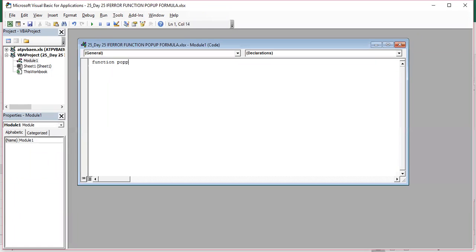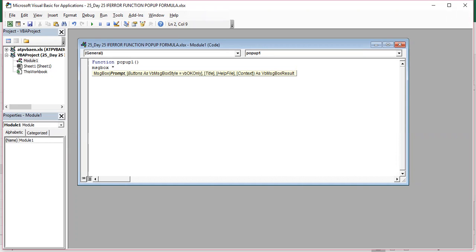I'm naming it as PopUp1. Enter. That means now there are two lines created: Function PopUp1 and then End Function. So between that we have to type MsgBox, for that MSGBOX space. Now double inverted commas: what kind of message do I want in my pop-up box?